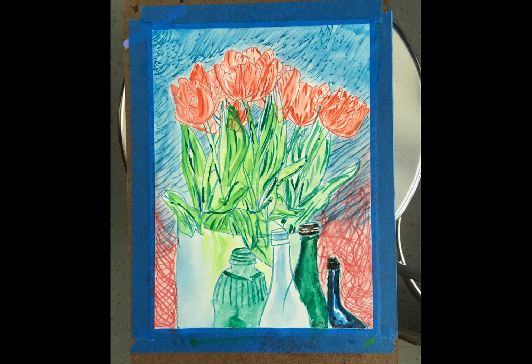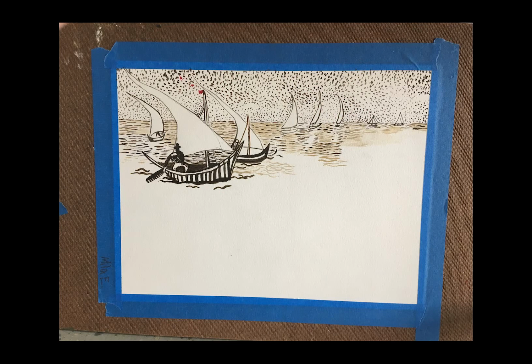Another painting by a really skilled artist is Raquel. She drew the most beautiful tulips. The flowers are beautiful. The greens, the leaves are beautiful. The wateriness of the vase. I can't say enough good about this painting. I love it. And then the last painting that you mentioned is by